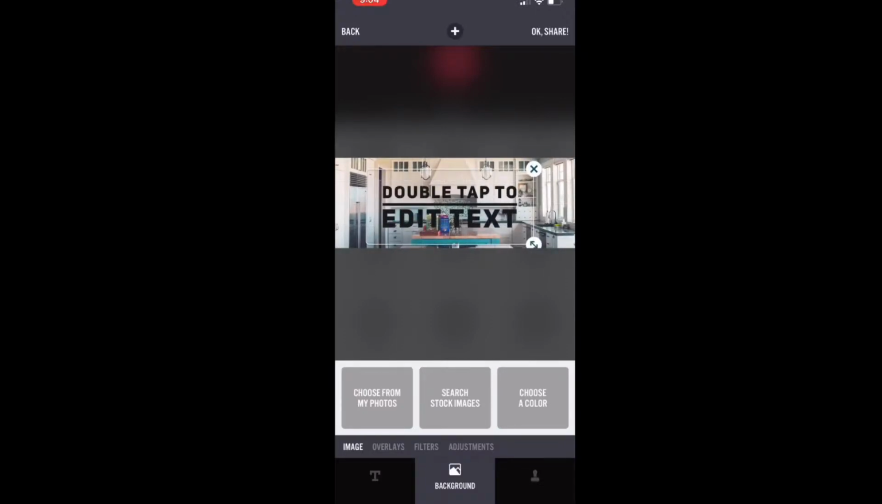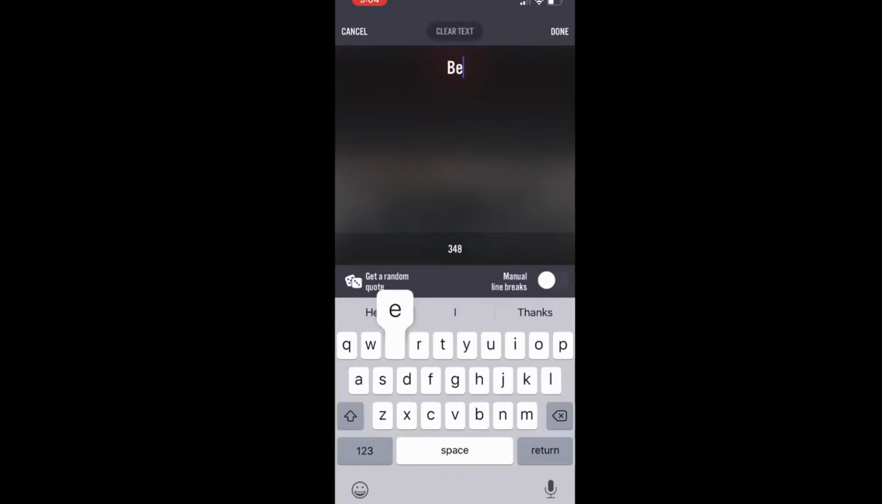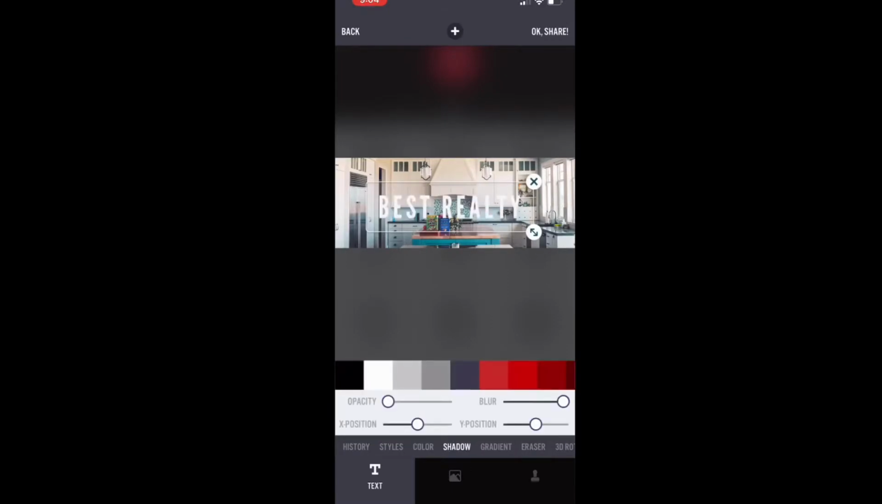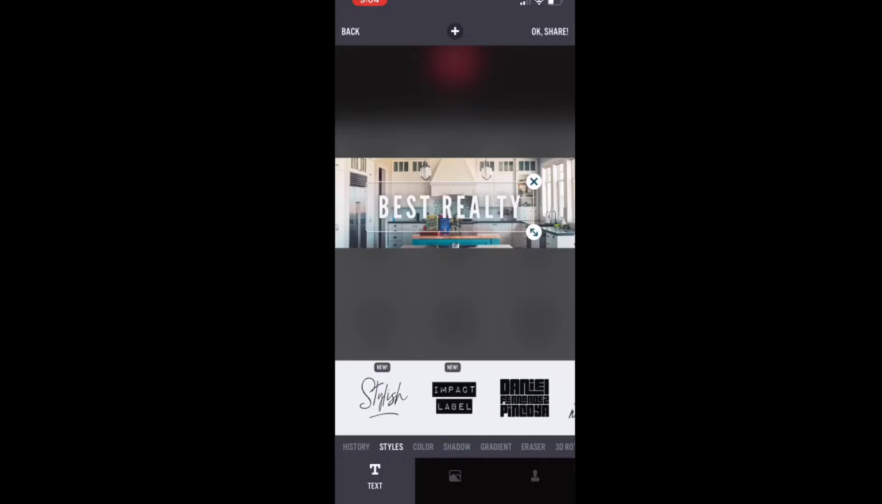Yeah, get rid of that high chair again. Double click here, type in Best Realty, and then done. And then continue anyway. We're going to change the color if you want, right there to white again. Do that shadow, add the shadow a little bit, and then go back to the styles and pick a style